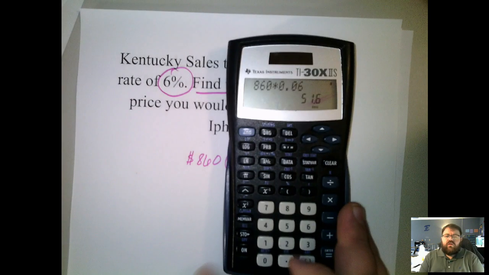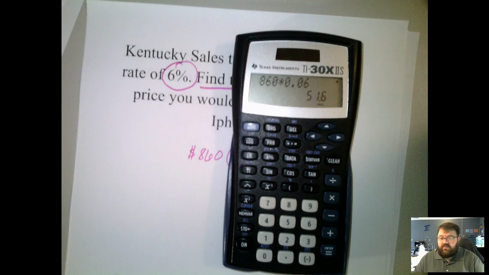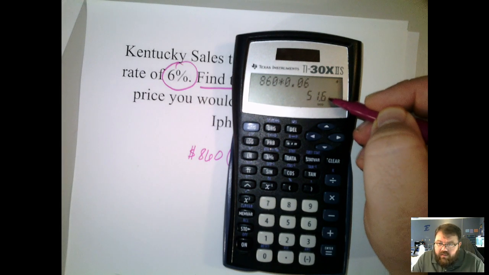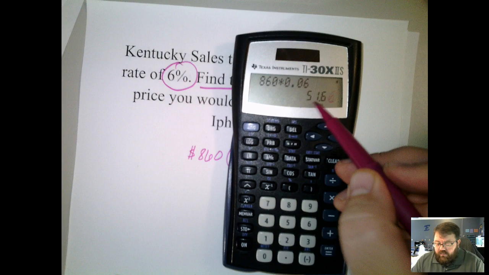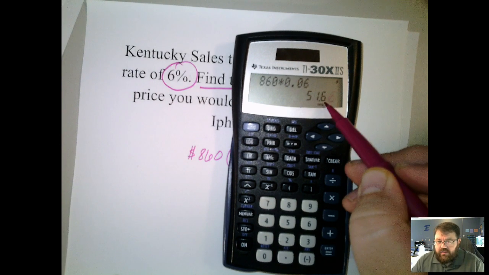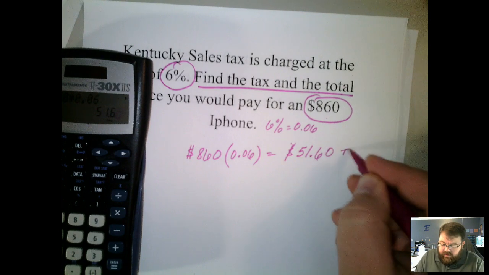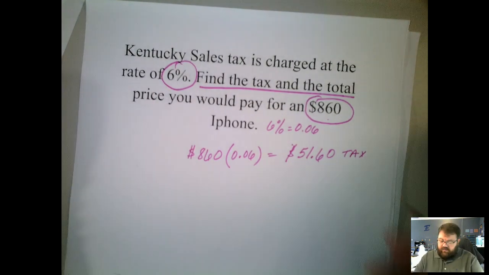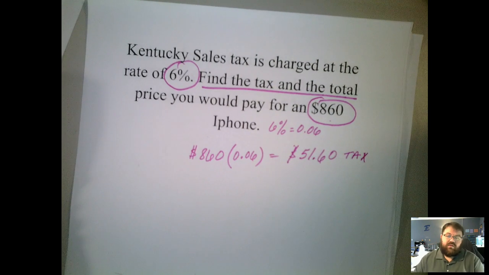Students, for whatever reason, think that this is 6 cents, $51.06, and it isn't. I can add a 0 here and not change that number. It's $51.60, which is going to be my tax. Okay, so the state of Kentucky, since you bought this here, is going to charge you $51.60